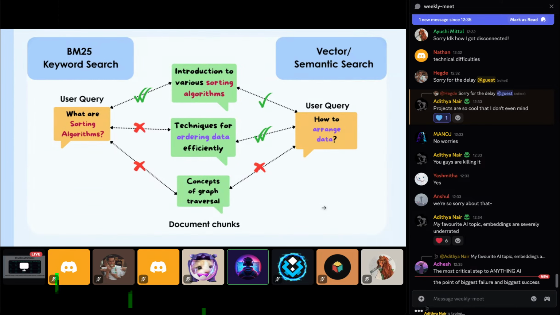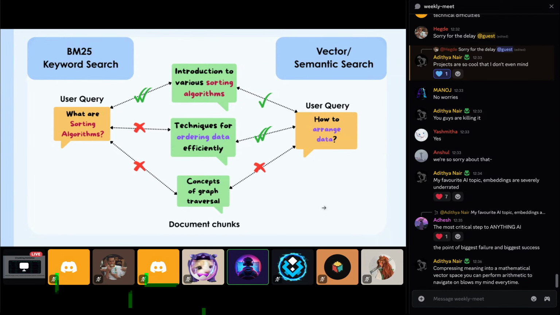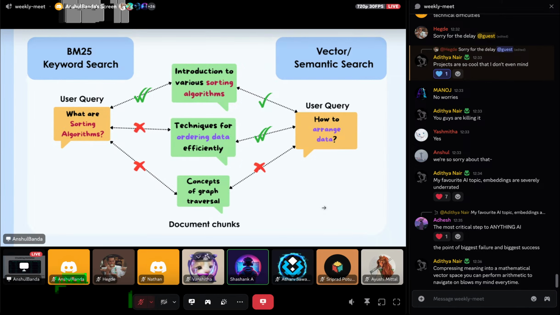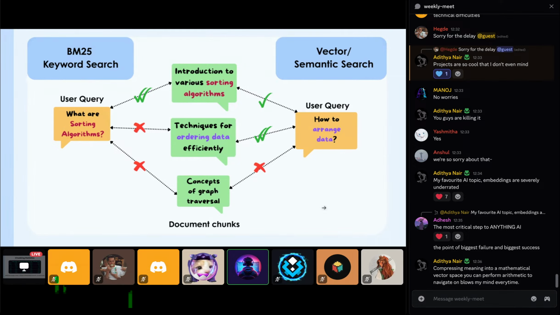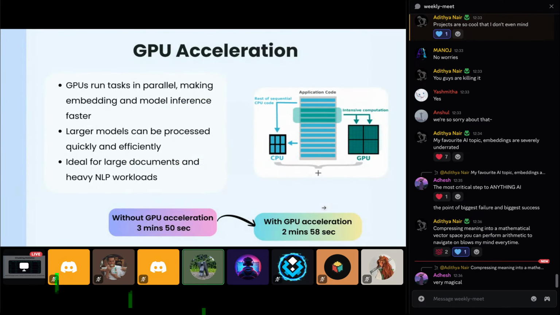Suppose that a user asks, what are sorting algorithms? The BM25 keyword search finds documents with those exact keywords, sorting algorithms, successfully retrieving the chunk, introduction to various sorting algorithms, but missing techniques for ordering data efficiently because the keywords don't match exactly. But for a general query like how to arrange data, the vector or semantic search understands the meaning of the words and successfully retrieves